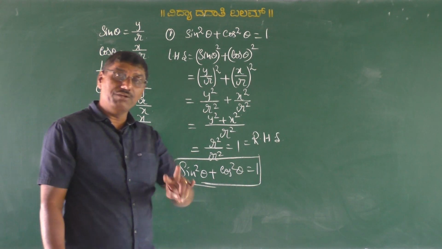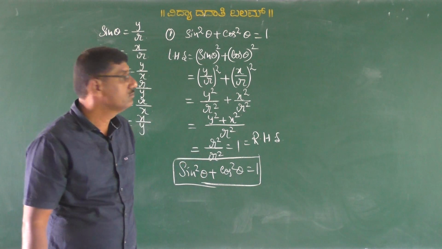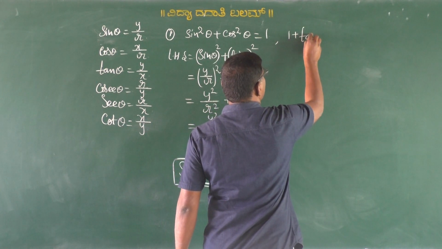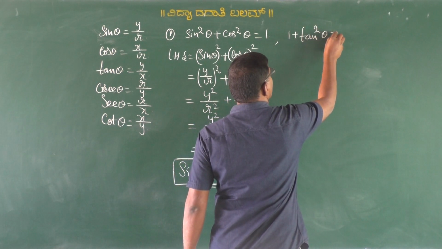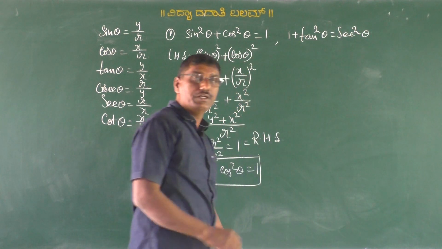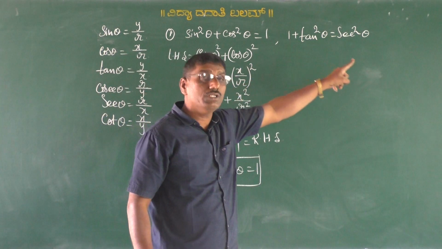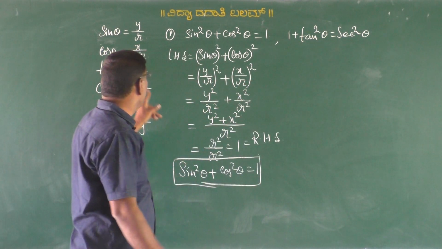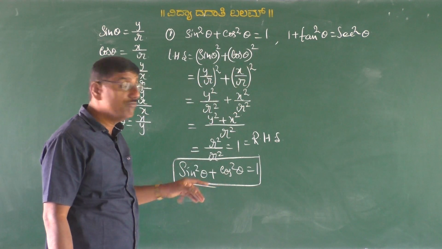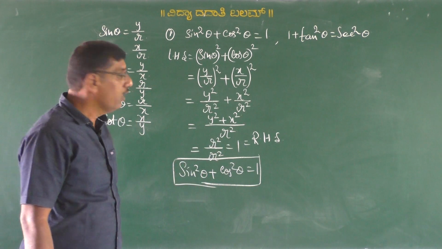Similarly, we can define another two identity formulae. The next one is 1 plus tan square theta is equal to secant square theta. This is another identity formula. We can prove it the same way as we proved sin square theta plus cos square theta is equal to 1. How? Here